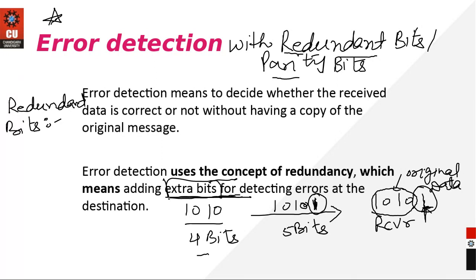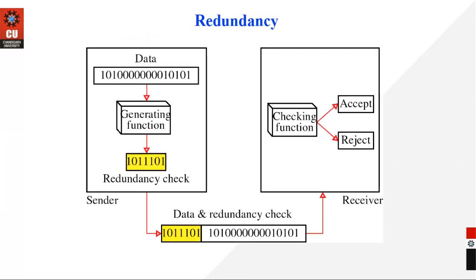The basic method is that whatever data you have got, you will add some additional bits to it. That bit can be either 1 or 0. Whether it will be 0 or 1 depends on the algorithm that we are going to discuss now. Okay. Now let's see what methods are available to us for that. Before the methods there is one extra thing. Now let's check how redundancy works. How do we attach those redundant bits?